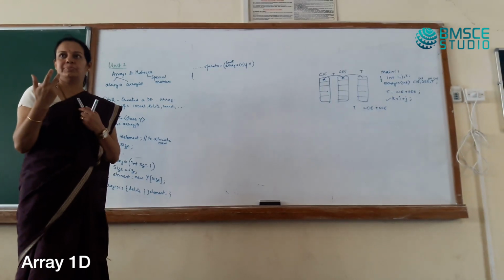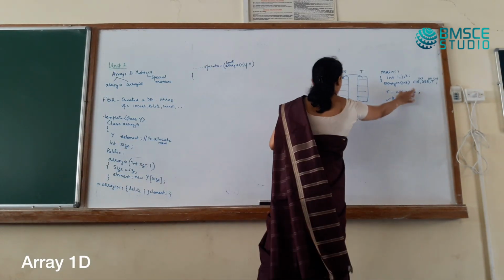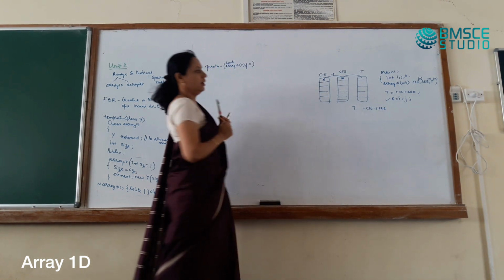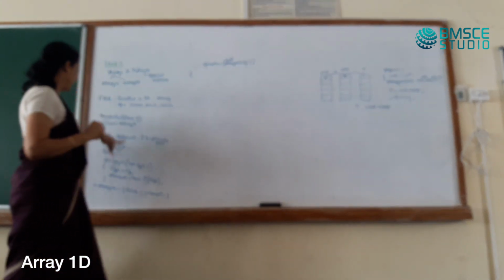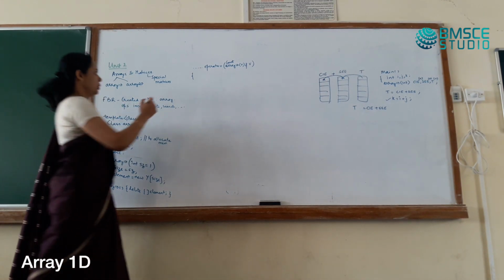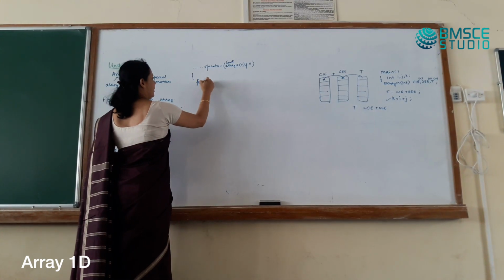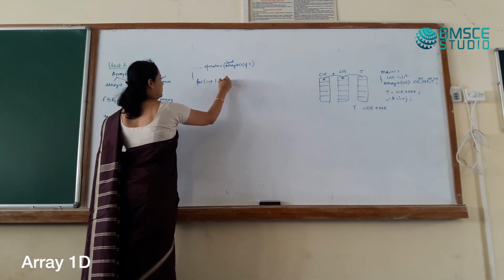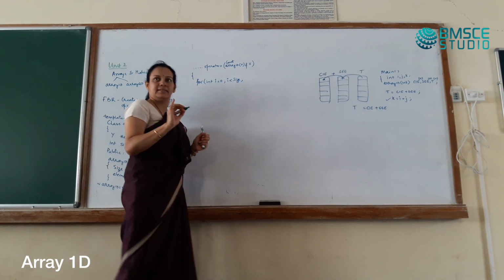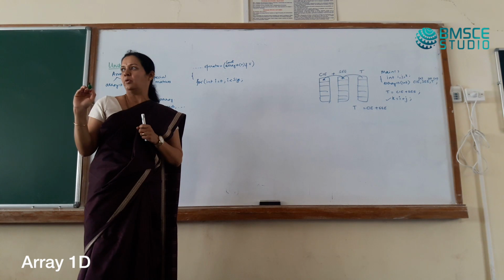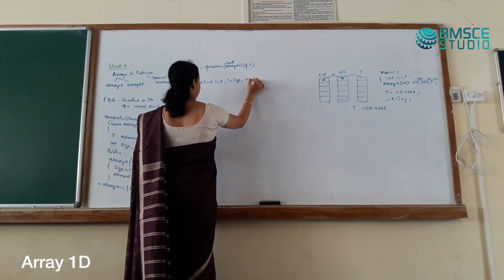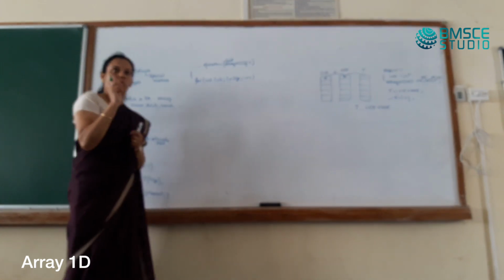Because we know what those objects are. These objects are internally nothing but arrays. The array of the object is called by the name element. So how do we add? For int i equal to 0, i less than size. I made my life simple: you're not worrying about length anymore and doing the adjustment. i equal to 0, i less than size, i plus plus. I have to add. What do I have to add?